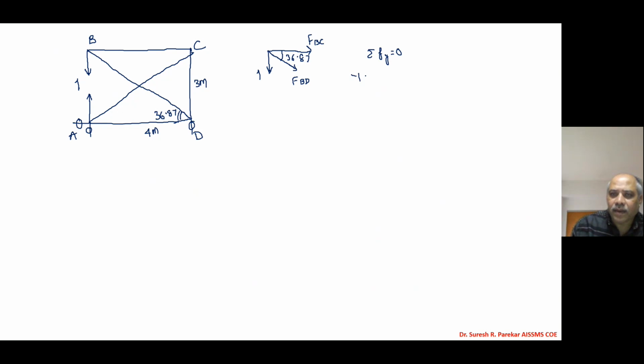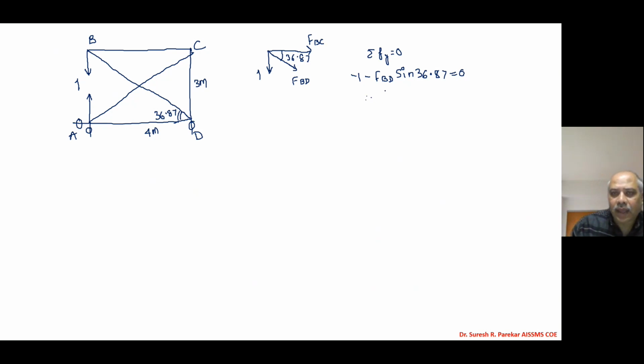So minus 1 minus FBD sine 36.87, and that is equal to 0. So from this we will get the value that is 1.67, and